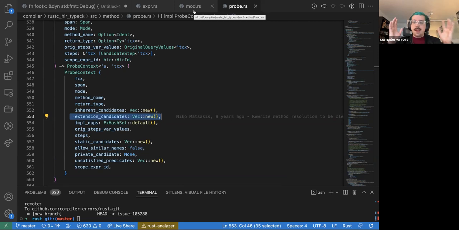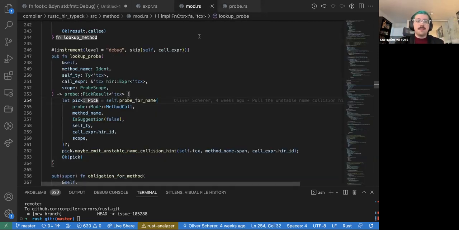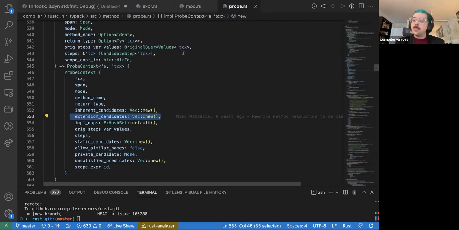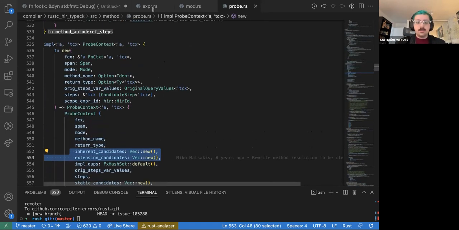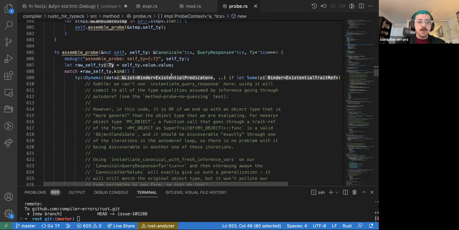Later on, we'll pare down this list, given all the precedence rules and auto-deref rules that we have in Rust, but we specifically only want to consider these, or we want to consider everything first up front. So let's go do the same thing for